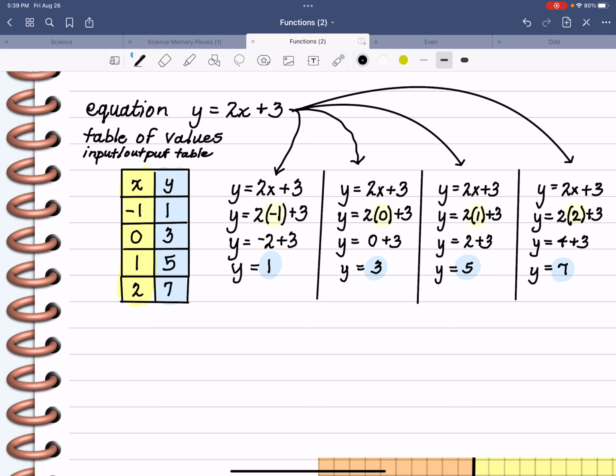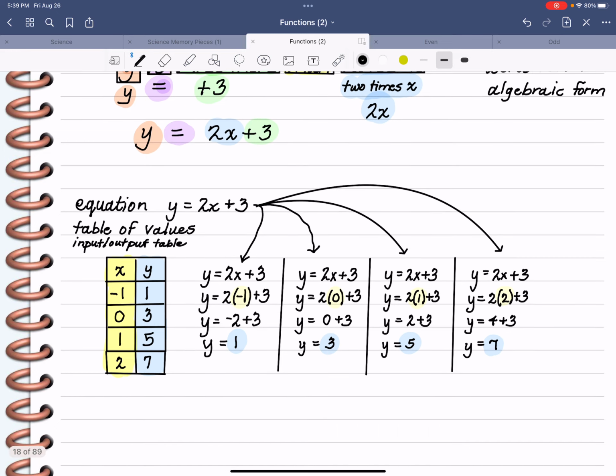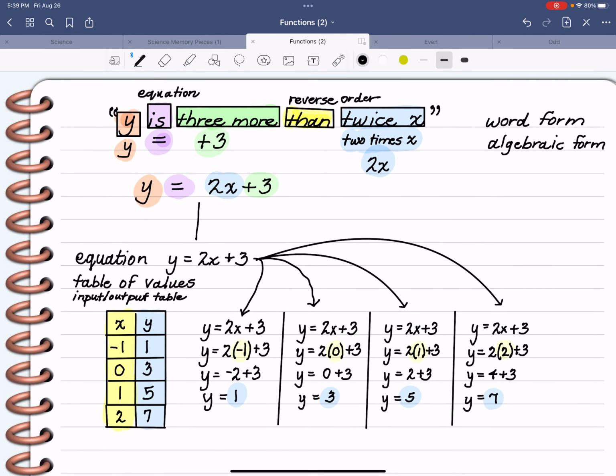Okay, and you build one of those by doing the problem. Now remember where we got the equation. We got the equation from all of that mess up there. So you have to have a rule, an equation, to build your table of values. Okay, if you are confused at this point, I want you to stop the video, tell your instructor, I need some help on this particular step. If you're not confused, you feel pretty comfortable, let's go on to the next step,